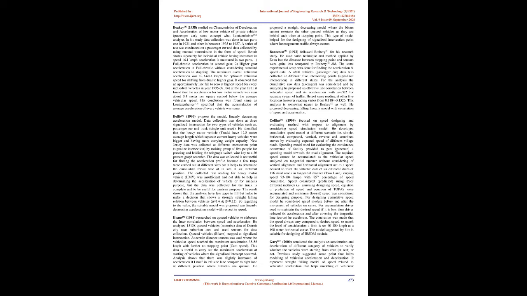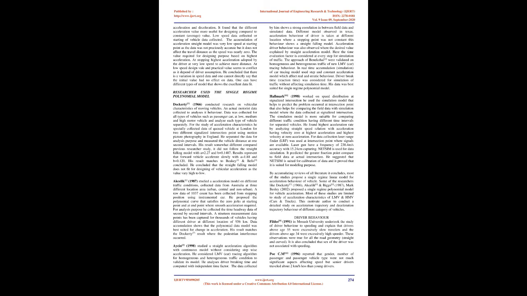Speed was considered and predicted using 3 different methods, i.e. assuming a design speed. The equation of prediction of speed and the equation of topos were accumulated and the minimum, lowest, speed was considered for designing purposes. For designing the cumulative speed model, he considered the speed module before and after the movement of vehicles on